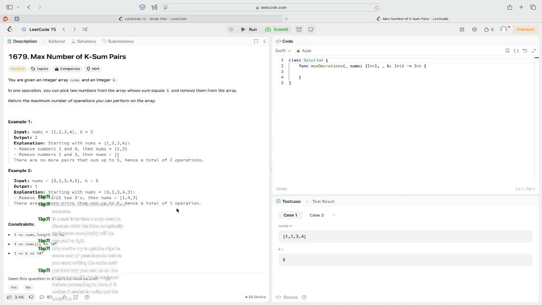So first, a variable to keep track of the number of pairs. So we can do number of pairs equals 0. Okay, so once we're looping,